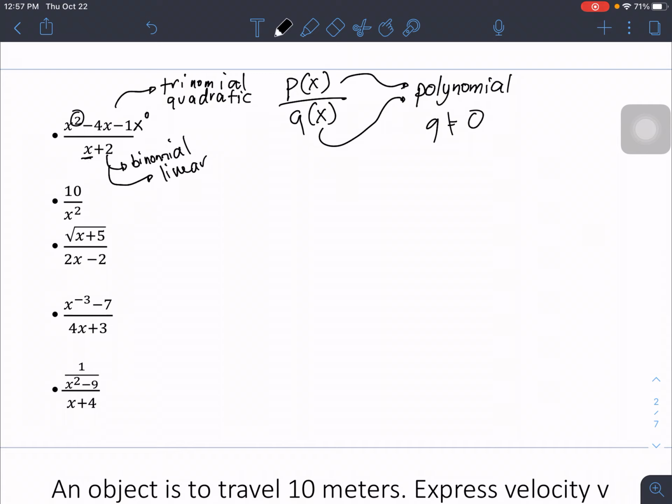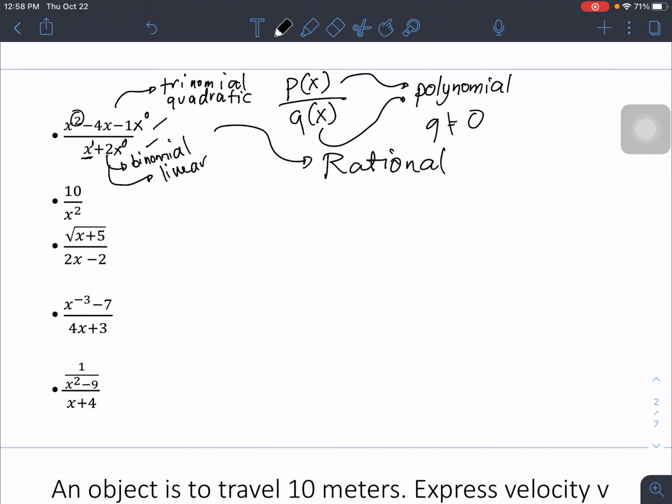So for x, the exponent is 1. For 2, the exponent is 0, right? So numerator is a polynomial, denominator is a polynomial, meaning to say this one is a rational